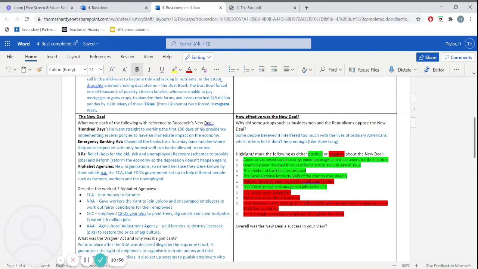Right, and then our last section on this one is how effective was the New Deal? So we've looked at what the New Deal was, but how effective was it in actually doing so? So why did some groups, such as businessmen and Republicans, oppose the New Deal? Well, there's some people who believed it interfered too much with the lives of ordinary Americans. And this is where the businessmen and Republicans would fall,